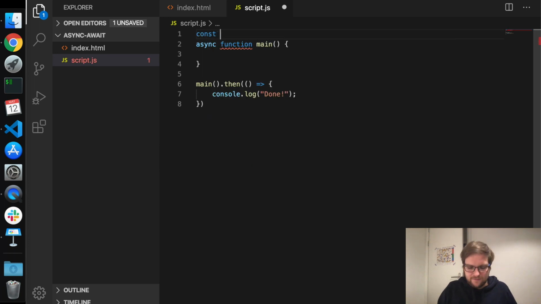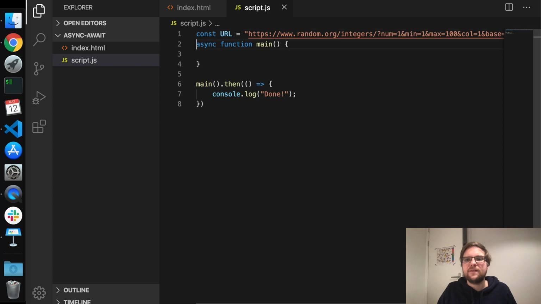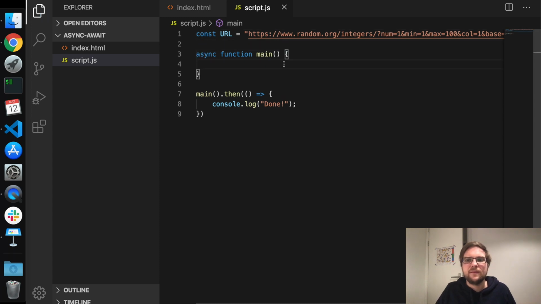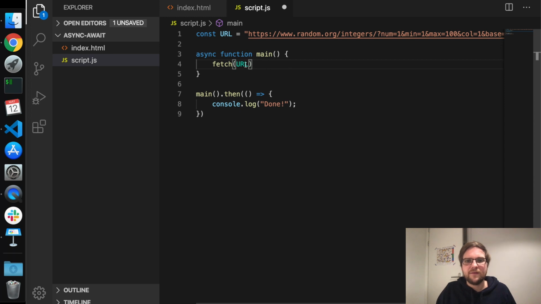So let's maybe save the URL here. Random, let's call it URL. That's the URL. Okay, let's use Fetch API. Fetch API, as you remember, works with promises. And because it works with promises, we can also use async await with this. It works together. So usually, what we did before, we used something like fetch with the URL,